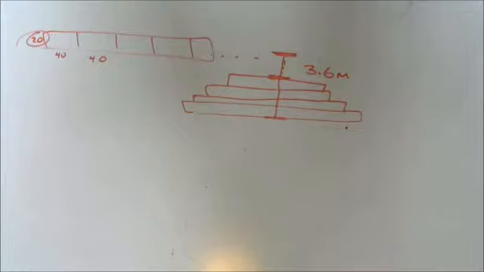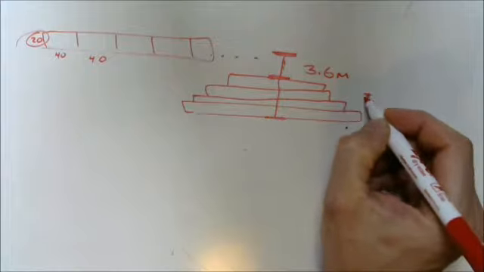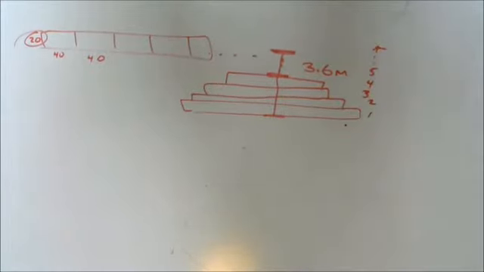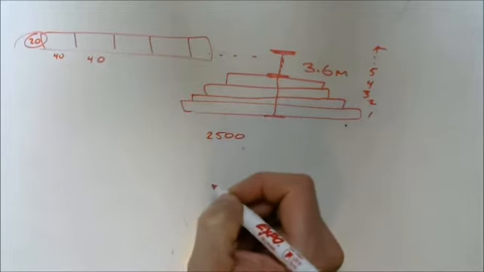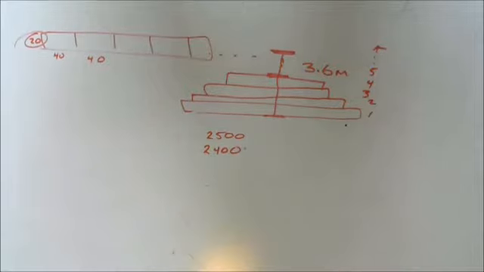I'm going to leave you to mostly do it on your own, but you have the row number 1, row number 2, row number 3, row number 4, row number 5, etc. However many rows it takes. And you're just going to list the number of blocks in the row. So the first row is given for you. It has 2,500 blocks. The next row is going to have 100 fewer blocks. So 2,400,